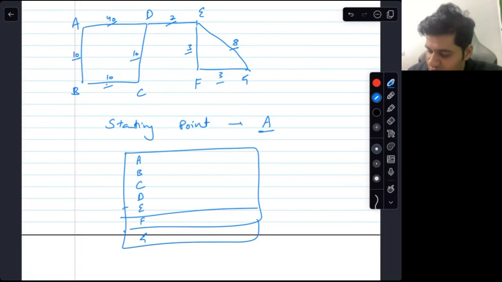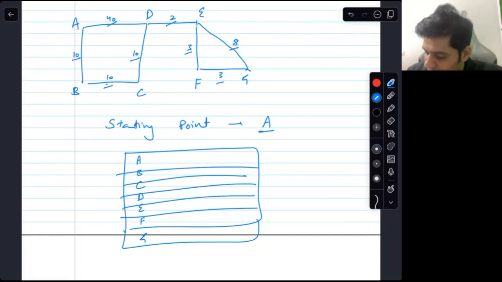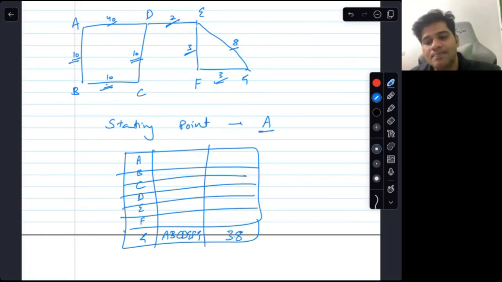And in shortest path, the output is this table. And you have to tell me what was the route that was taken. For example, A, B, C, D, E, F, G is the route. And we also have to tell the weight. If 10 plus 10 plus 10, 30, 32, 35, 38. Okay. So you have to fill this table up basically.